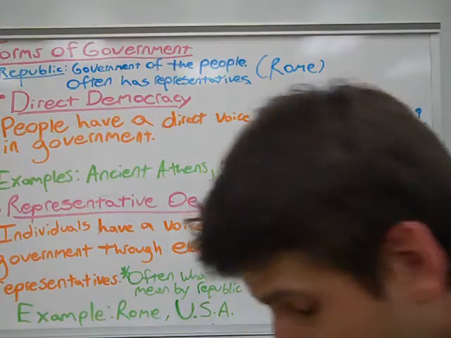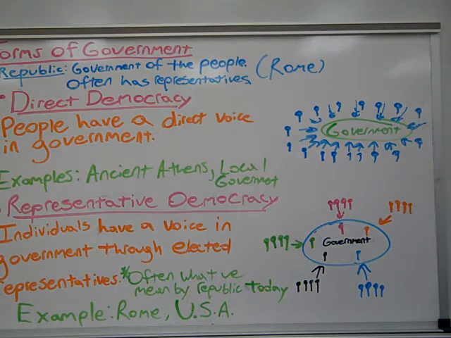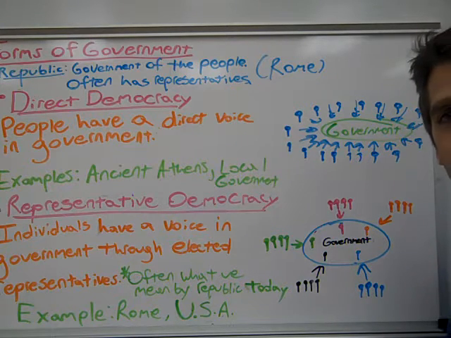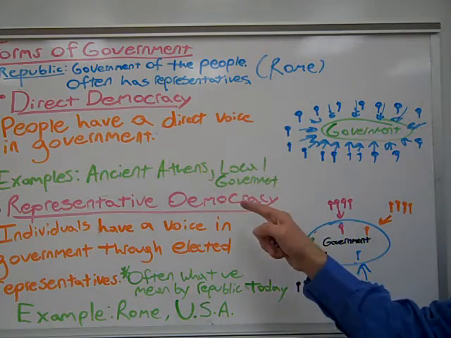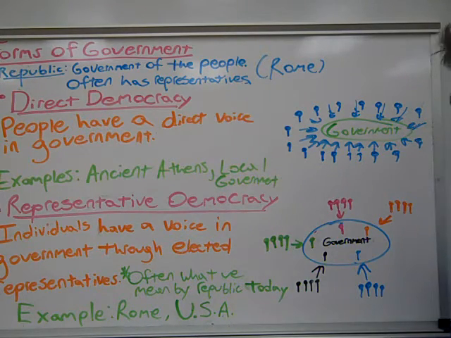Okay, what we're going to be learning about today is forms of government. Just to start off, the Republic is our type of government. And in Rome, when the Republic was first formed, it was government of the people. It often has representatives today. That's Rome. These two, direct democracy and republic, and representative democracy, are the two types of democracies that have influenced